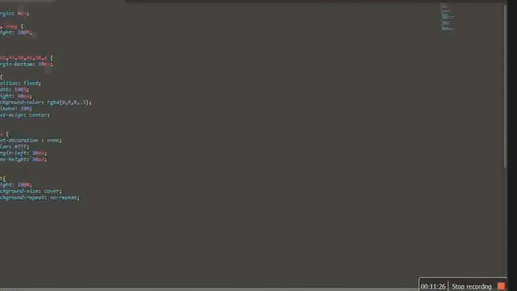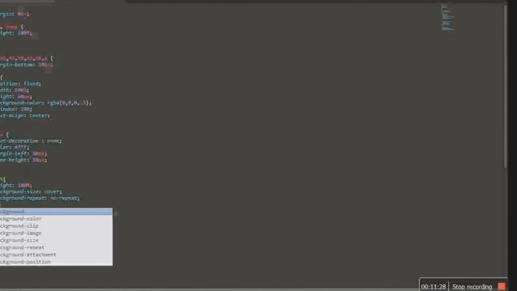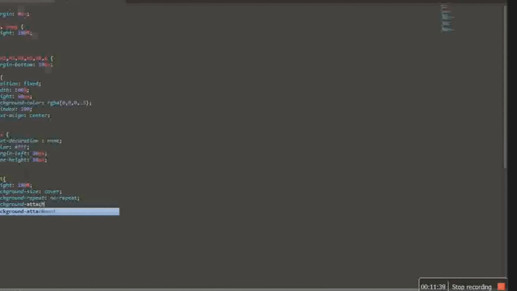Then what else? Background attachment. Don't forget this code. It's very important. Background attachment: let's use fixed.